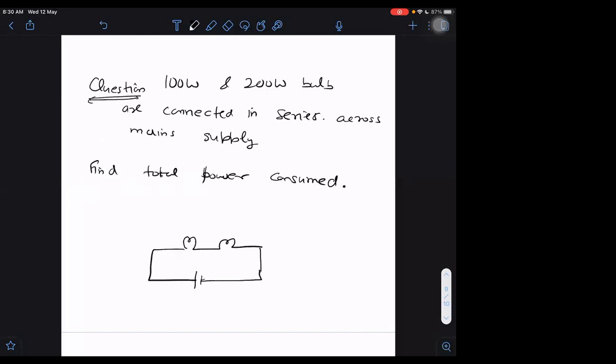In this, I'm giving you another tip. If you take main supply 240, then we will unnecessarily increase the calculation. We may have to find, for example, last time we did this thing, 57600. Rather than taking 240, take it V0, and that will get cancelled definitely. Answer will not depend on that.